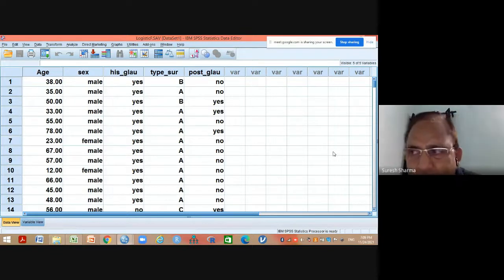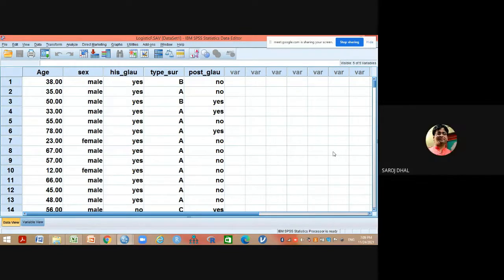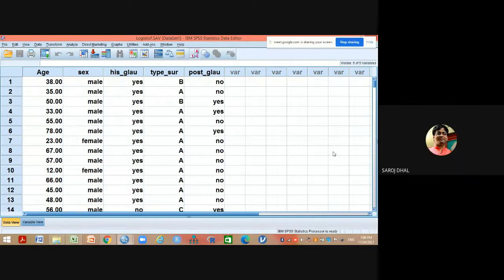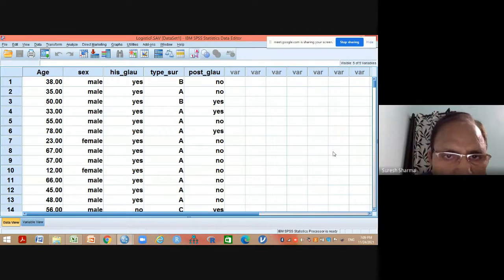Fisher's exact test. Sir, if we put the range of age and we can count, is it possible to do a chi-square test? Can you just repeat your question? Suppose there are age group 50 to 60 of male, or 30 to 40 age group of female. Yeah, you can do that. You can apply chi-square, definitely.